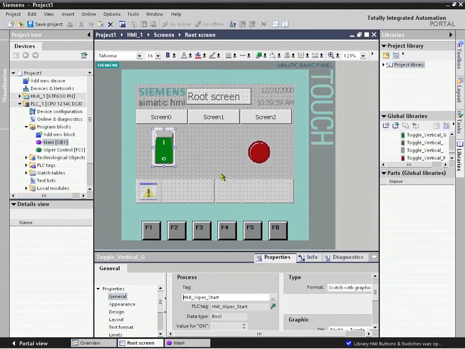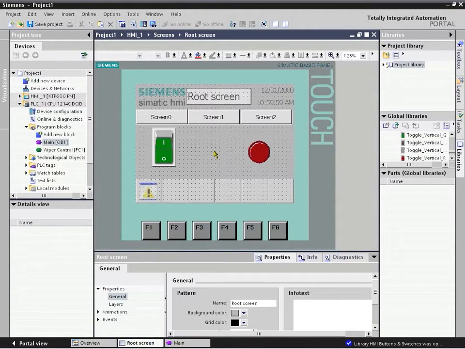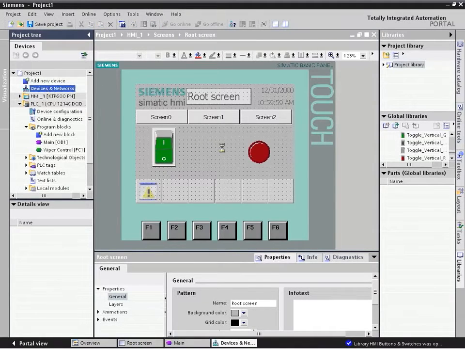So there was no typing, there was no import exporting, there was no opening a separate HMI package. This is all unified in one programming environment, one user program, one database. So now we made changes by adding a device to our project, the HMI device, and then we also updated our PLC logic. So to download those, we can do these simultaneously, because in Step 7 Basic for the